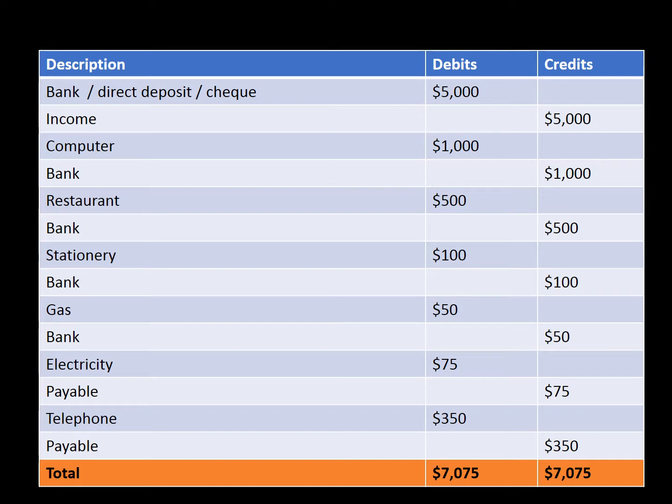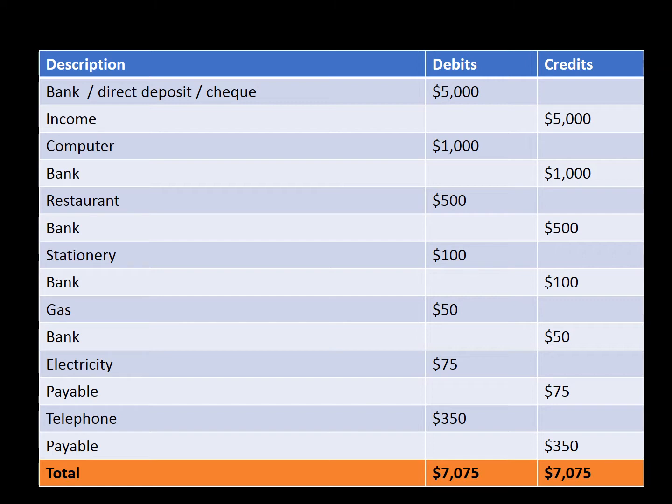Now the last two items, if you look at that, are an electricity bill as well as a telephone bill. He received his bill, but he doesn't need to pay right away. So he is debiting these two expenses and then crediting payables, because he has a grace period of 20 to 30 days, so he could pay later on, but he is recording that as payable